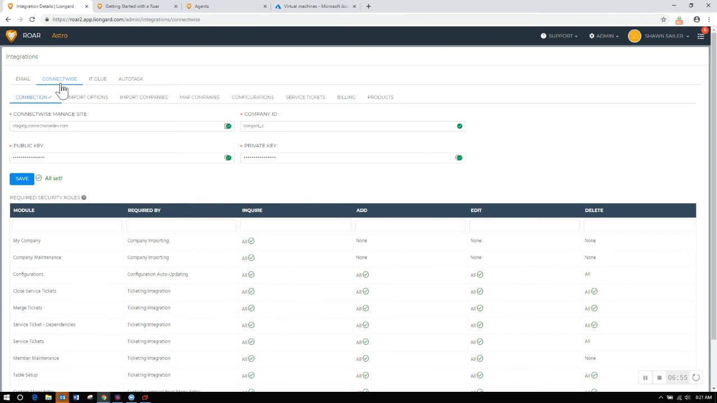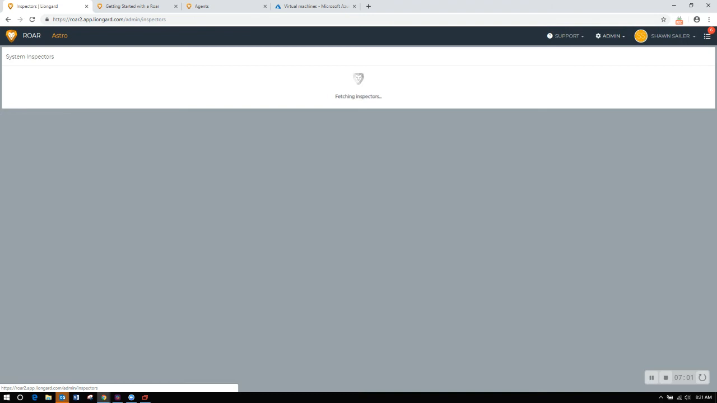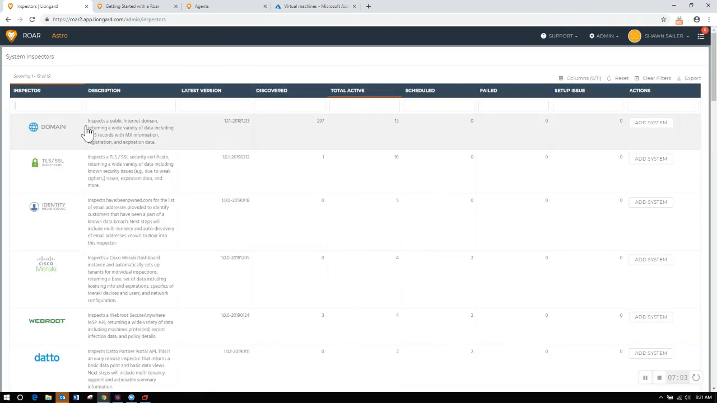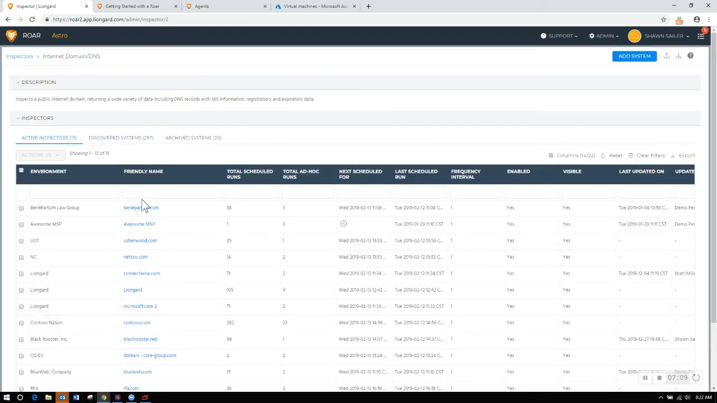I would leverage Roar in a pre-sale situation doing the same path, right? I would start with anything that I can inspect from the cloud. Before I walk into the door with the customer, I can check out their domains. These are deep DNS inspections, right? These are not high-level